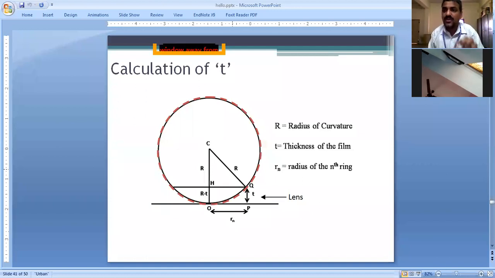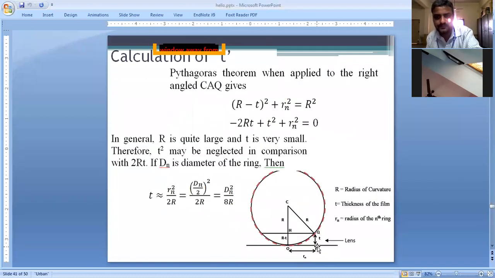That's why we are going to get the interference fringes as circles or rings. I have already used the word ring earlier without justifying it. But the reason is, as T equal to constant is the shape of the fringe, T equal to constant for this case will be a circle. That's why we get Newton's rings here, not Newton's lines. Whereas in Young's double slit experiment, you get straight lines, which you might have studied in intermediate. Here we are going to start with Newton's rings only. Let's make a move to the next slide.